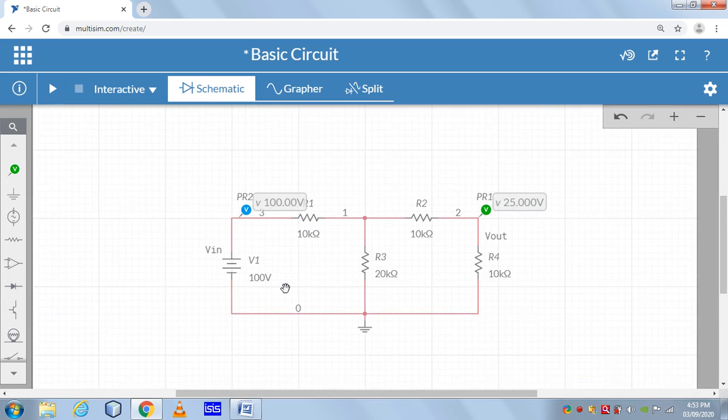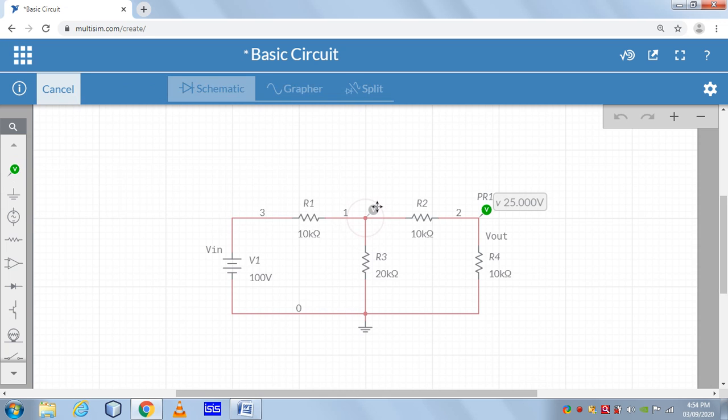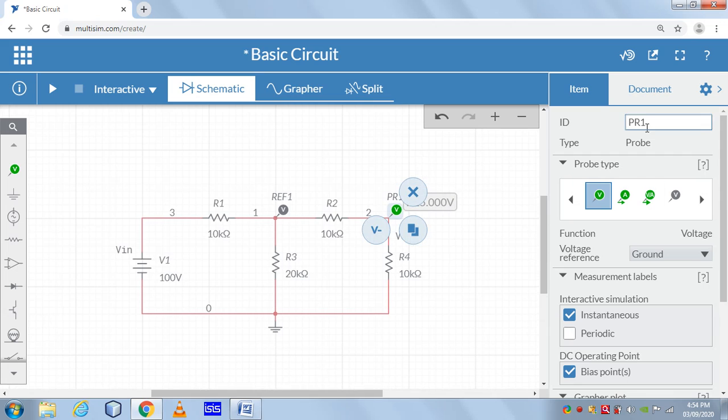Now what I told you, sometimes the requirement is how to measure the voltage with respect to some reference. Presently voltage is measured with respect to ground. So now here one facility is available, the voltage reference probe. Now you go here, some settings here, you see voltage probe measures the voltage with reference to ground. If you select reference 1, this is our reference 1, it will tell you the voltage across the 10 kilo ohm R2 resistor.